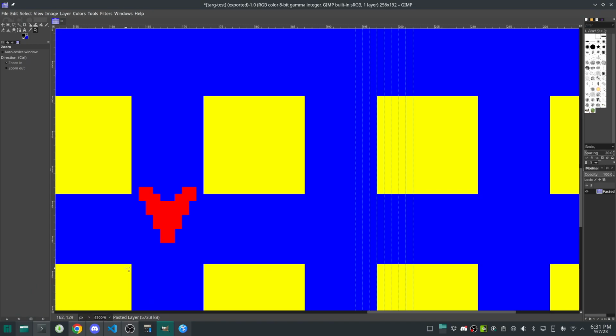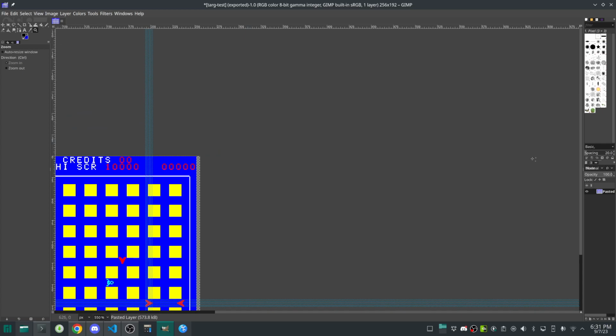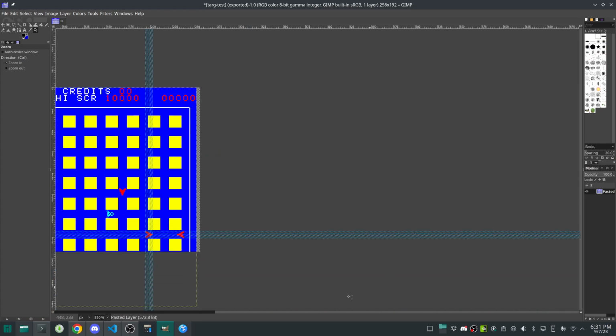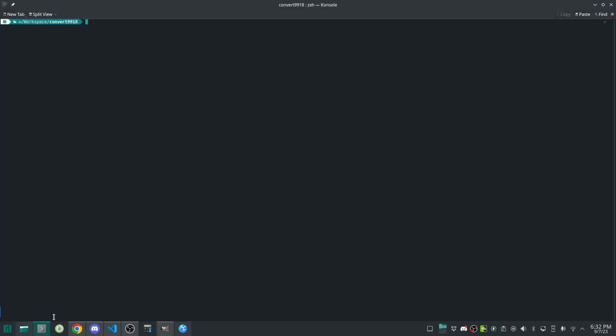Just a quick run through of how this is going to look on the ColecoVision or the Atom itself. To do that, quick and dirty, since the screen was vertically oriented originally, I had to cut off the bottom part of the screen. You can see with the dotted line the bottom part of the screen. Okay, fine, we'll cut that off and reformat the screen based on that. Cool. Given that, we now use a little piece of software called Convert 9918 to take and